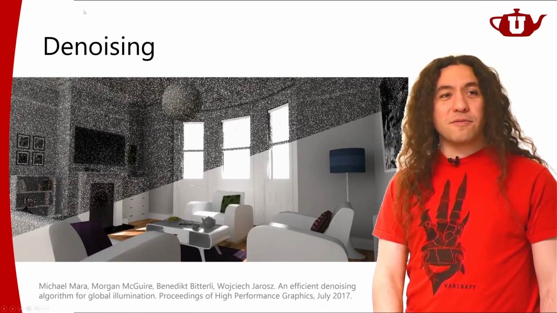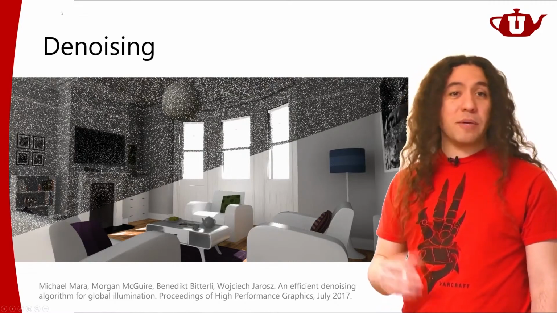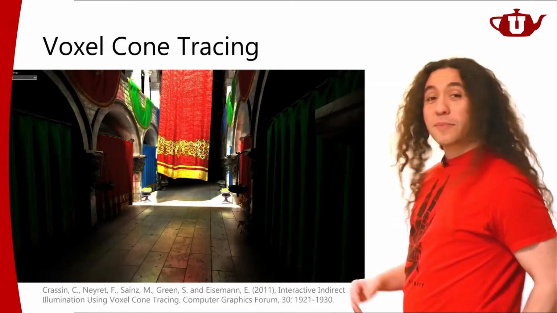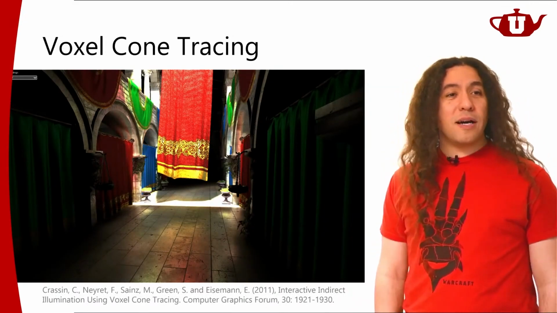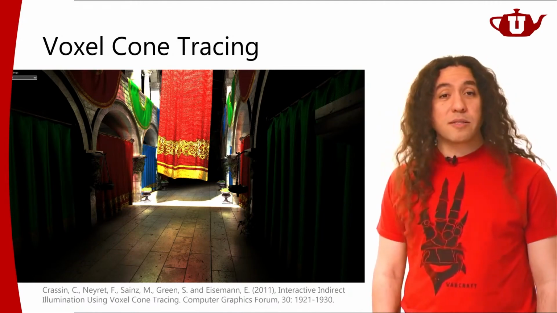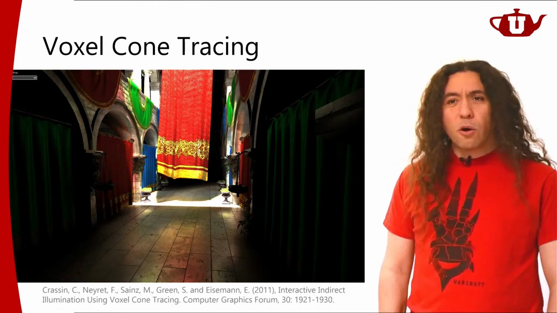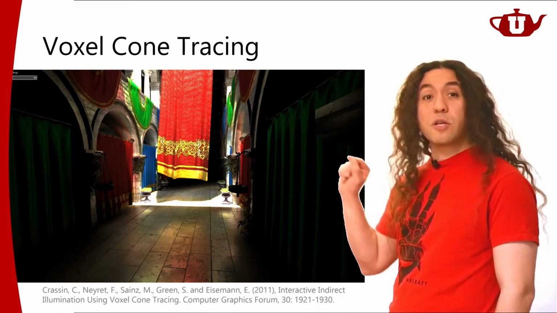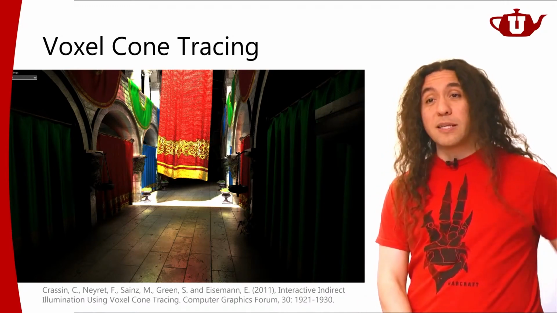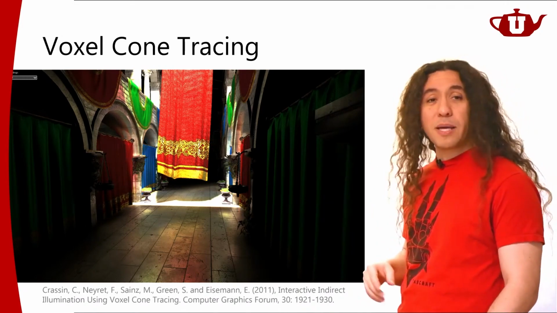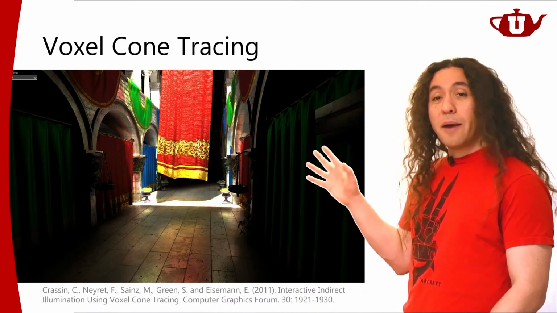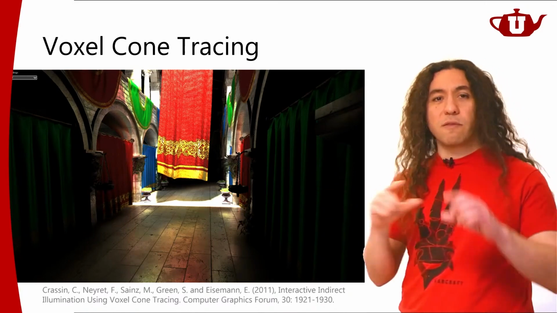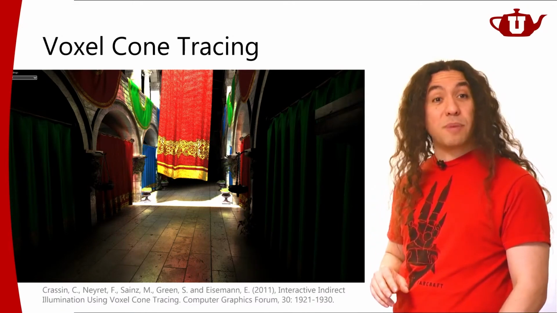But if you don't want to use path tracing with a denoiser, we have other options as well. Let's talk about them. For example, an earlier method offered cone tracing using voxel data. It's called voxel cone tracing. Cone tracing is very much like ray tracing, but instead of using rays, we're using cones. For this method, it's using voxel cone tracing. That means we're going to take this scene that we're trying to render, and we're going to voxelize it. That means we're going to convert it into volumetric pieces. A voxel is a volumetric pixel.